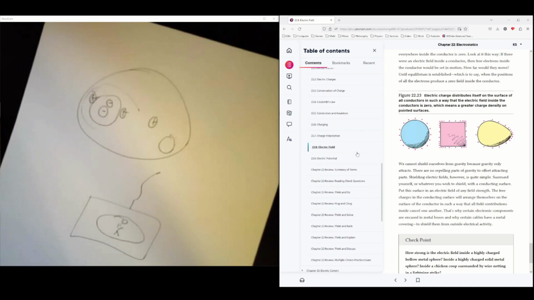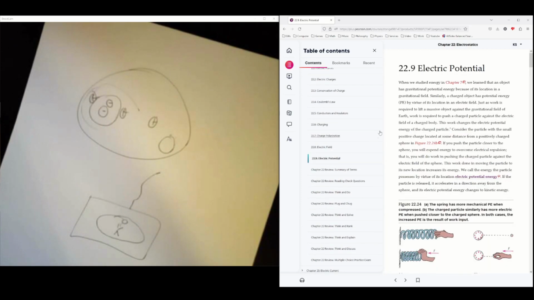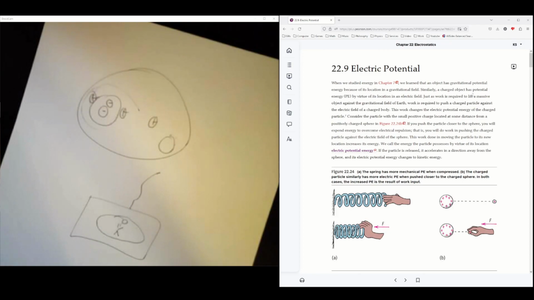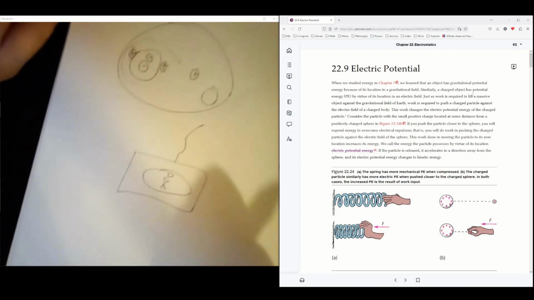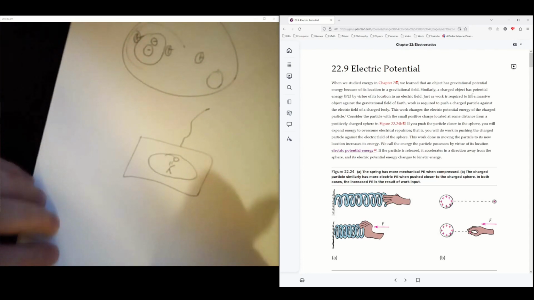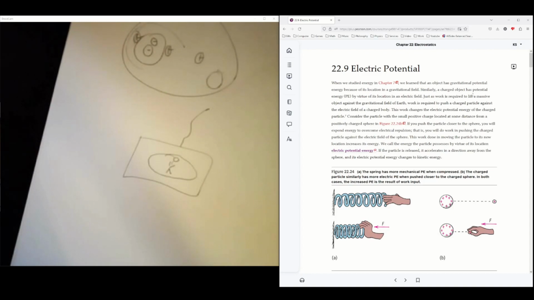And the last part is electric potential. And I have to say, this one really scares me in trying to talk about without referring to math. But let me say this. I got to say something about math because the electric potential is ultimately a result of math. And